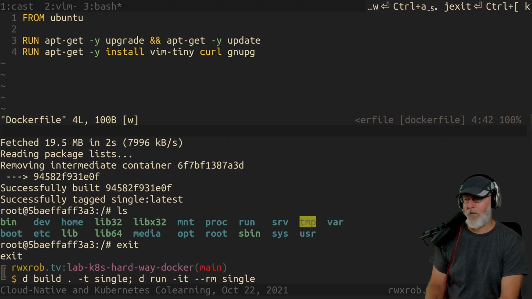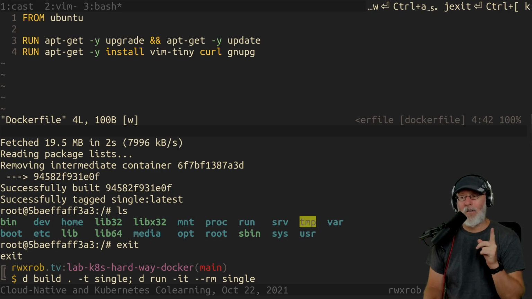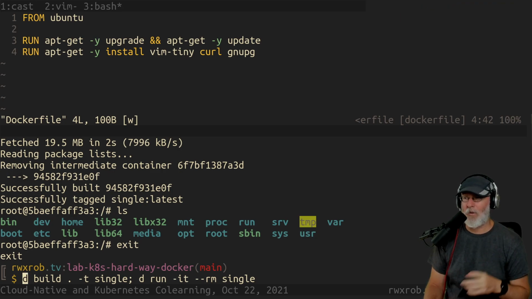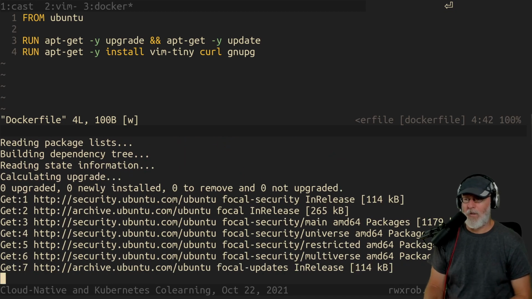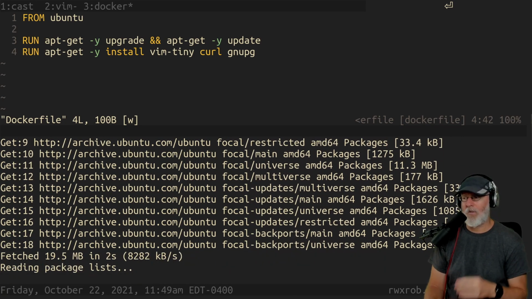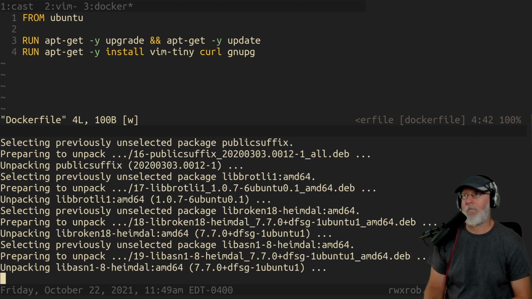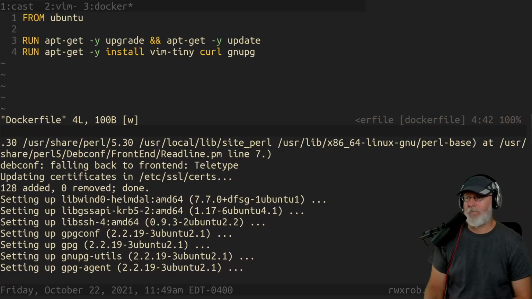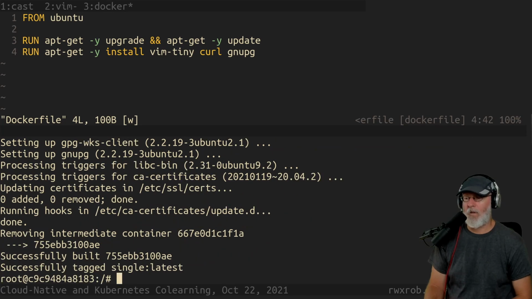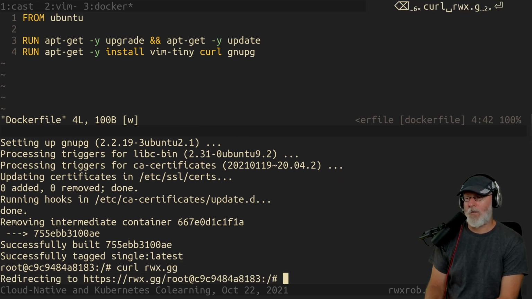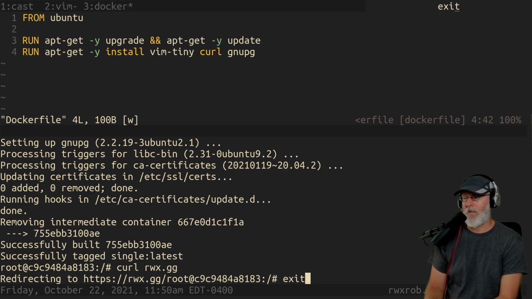So we can go back and do our same thing. Now watch how it doesn't rebuild it again. Actually, it will, because we combined it together. But this will be the last one. After this, I won't do it anymore. Every time it does an update like that, next time it won't do the update. So watch, I'm going to show you. Now we have our system, and now I have curl on here. Curl rtfm.gg. Woot, redirecting. Okay. So watch, if I exit,